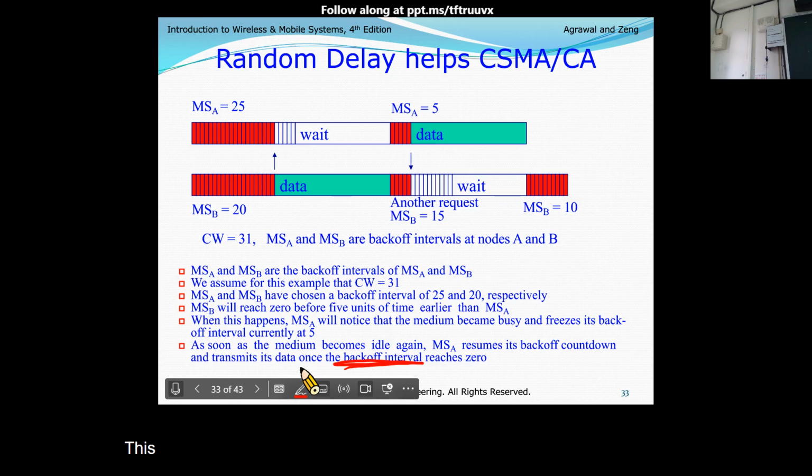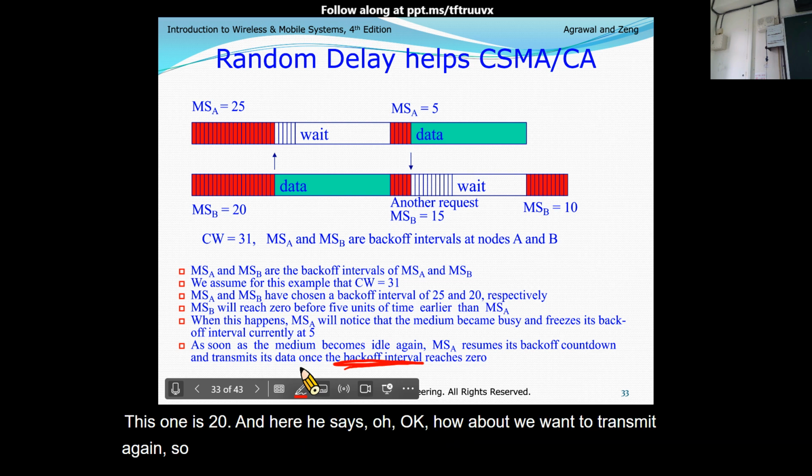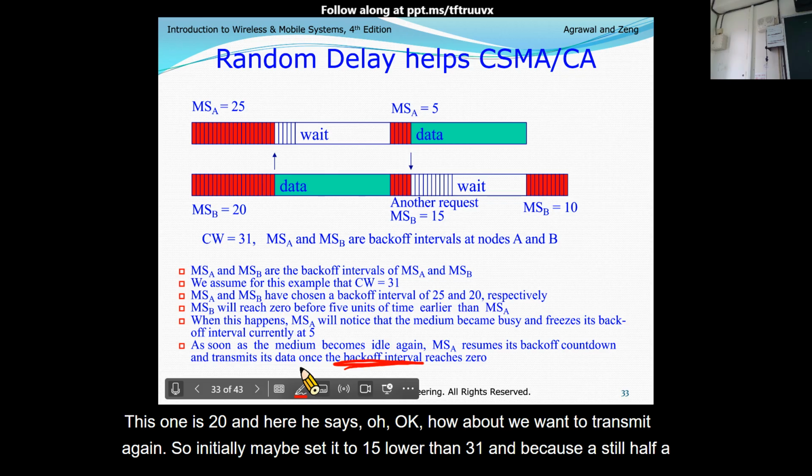And how about B wanting to transmit again? Initially maybe B sets it to 15, lower than 31. And because A still has a 5, 5 later we have a 10 for B.